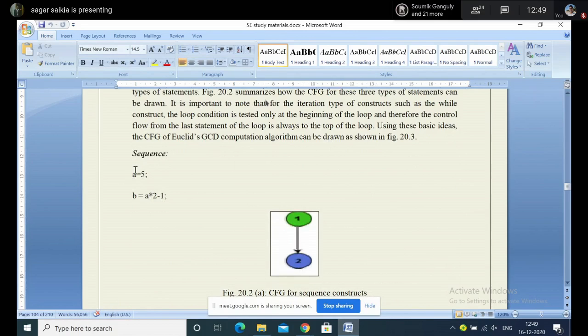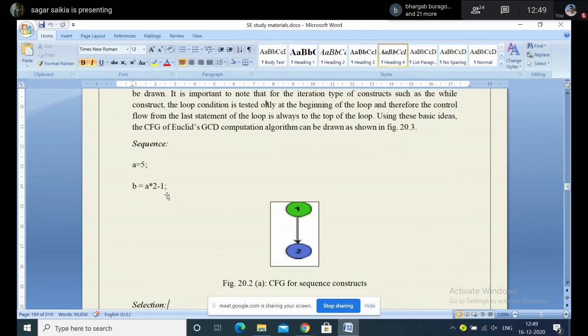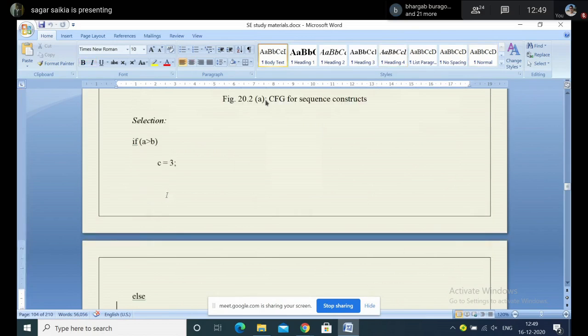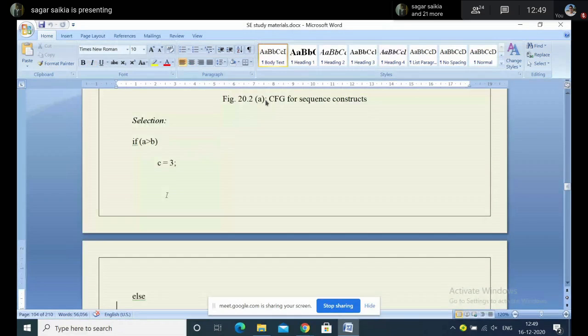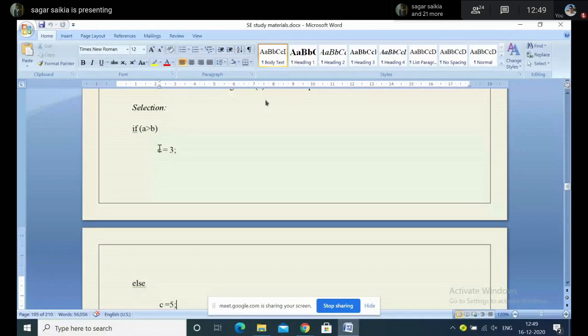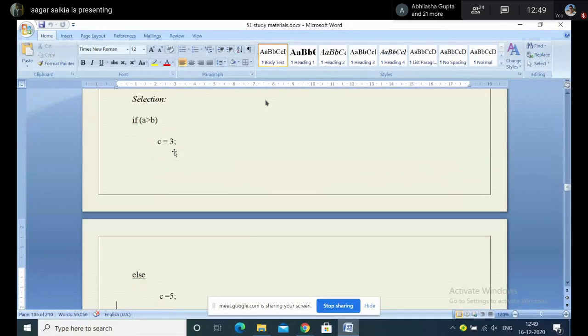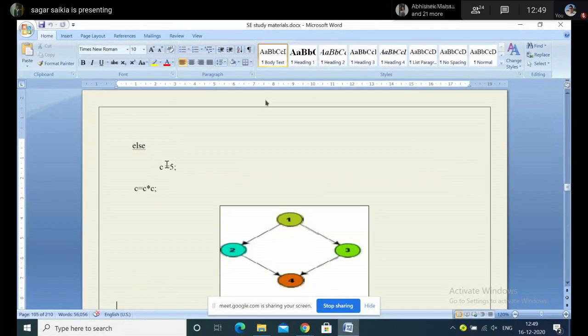So this is one statement, so this will come first, isn't it? And then the second one comes. So the flow is first this one is executed, and then the second one is executed. So this is taken as one node, and this statement is also taken as a second node. Then after this, suppose in this program I have a selection condition. So first is sequence, then selection. In selection, suppose I have these conditions: if A is greater than B, then we make C value 3, and if not, then C is equal to 5, and ultimately